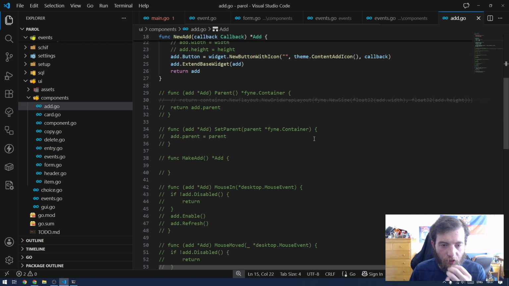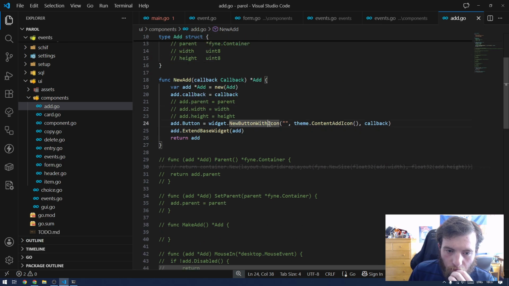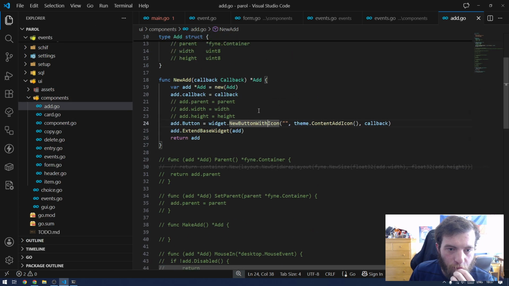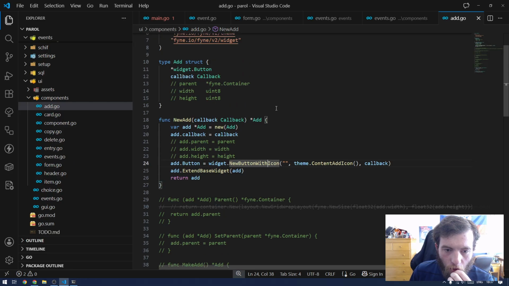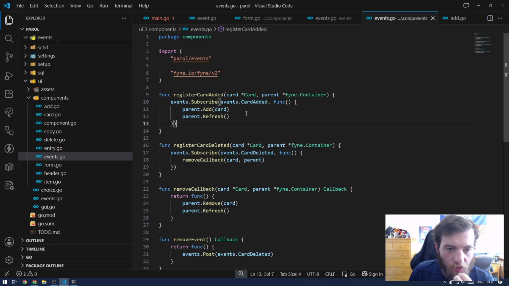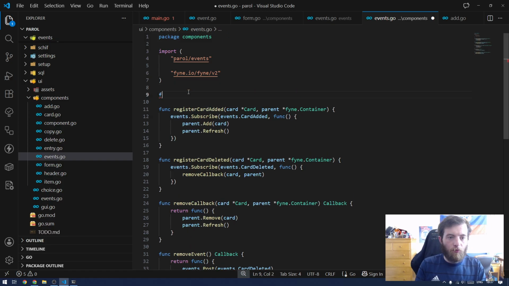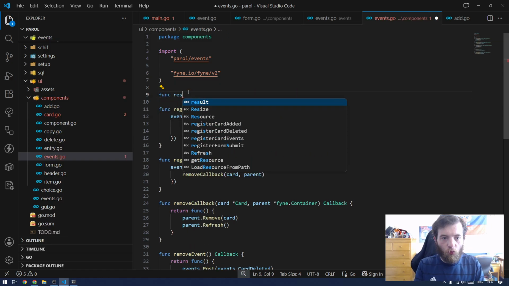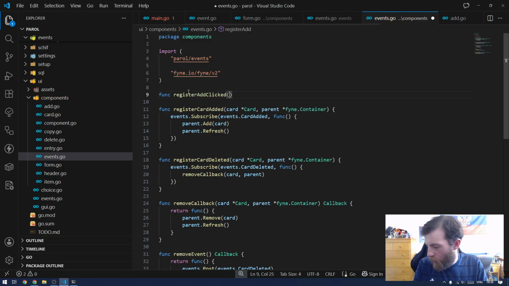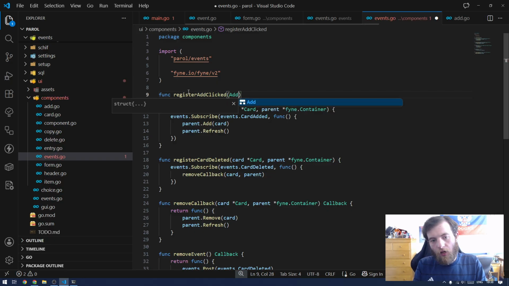Or an add, right? Yeah, events extend, tap cursor, that's fine. Do we pass in a callback? We do pass in a callback. So then I'll say events, register card added, and then func register add clicked, which is add,